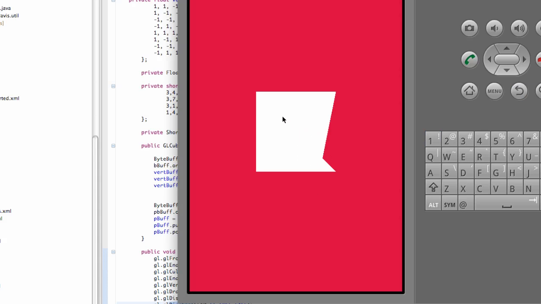Alright, it looks like something's messed up. I must have messed up on one of our triangles, but as you can see, for the most part we're getting some sort of a cube. And as you can see here, this is what we're going to do in the next tutorial, is learn about rotation,